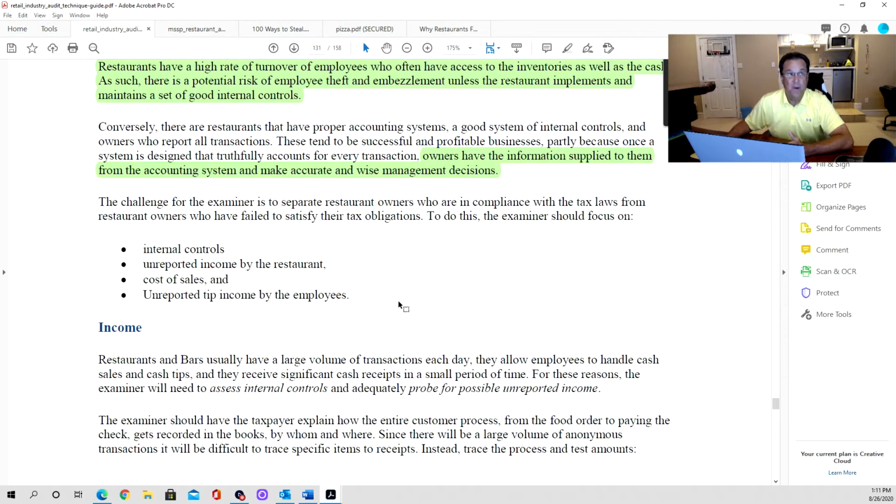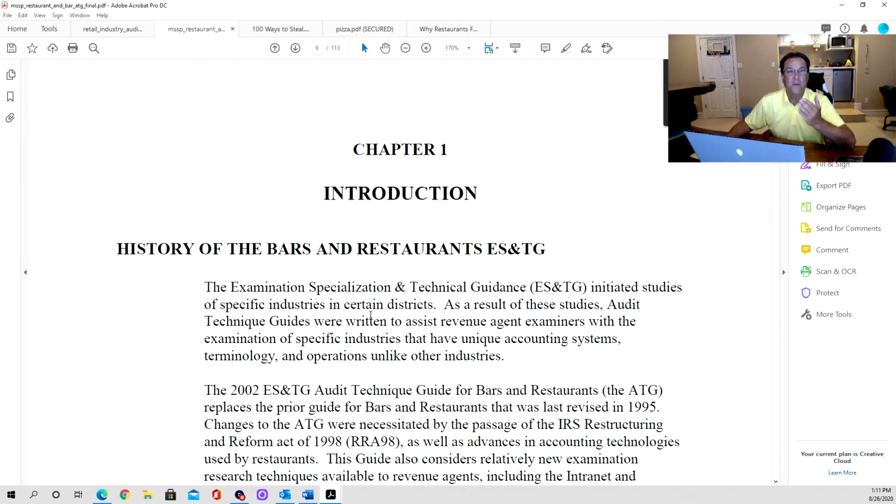And this could be any small business. Cost of sales, which was that method. And here it happens to be unique for restaurants, unreported tip income by the employees. Okay, so each there are. Now, if you go to, there are also what's called MSSP, which is market